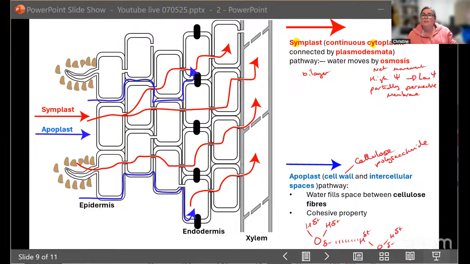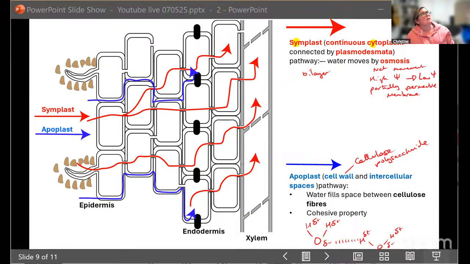Paul, do students have to link this using keywords like the transpirational pull? Yes, if we were talking about transpiration, I've not gone there yet. I just want to talk about the symplast and apoplast pathway, but yes, absolutely. They have to know that because of transpiration, that evaporation of the water from the mesophyll layer and then that diffusion of the water vapor out through the stomata results in this pulling up because of the adhesive and cohesive properties of water. If you are AQA doing it, you just need to know it about the tension.